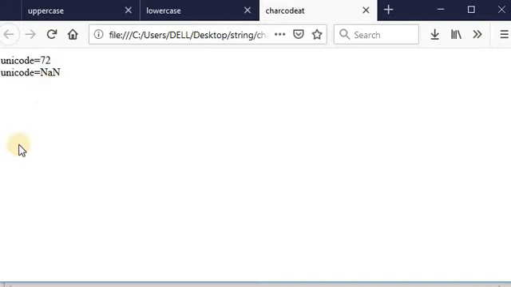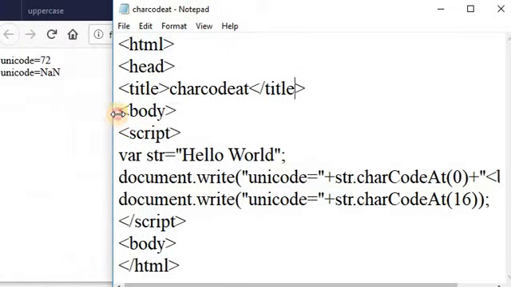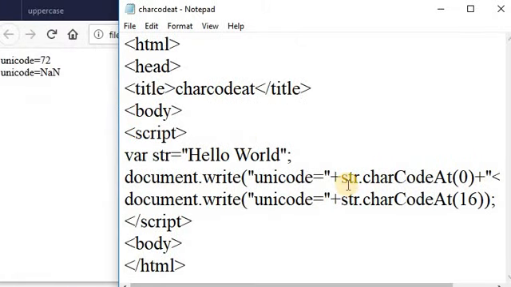NaN means not a number. Here 16 is not within the length of this string, so it returns NaN. Here suppose I am taking 1 and save this file